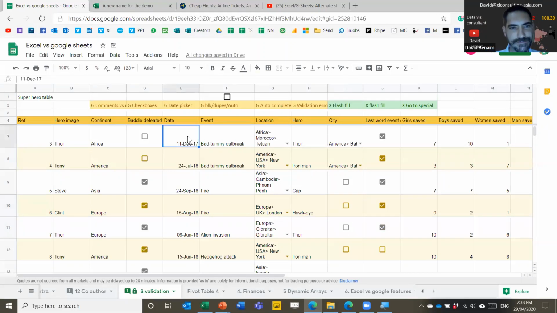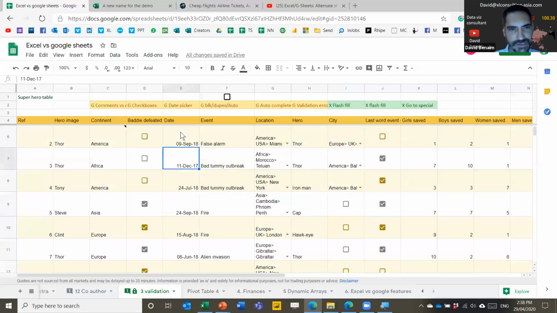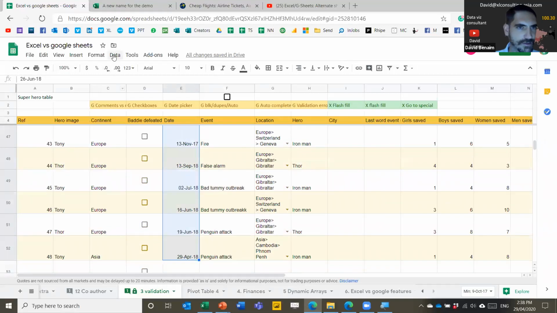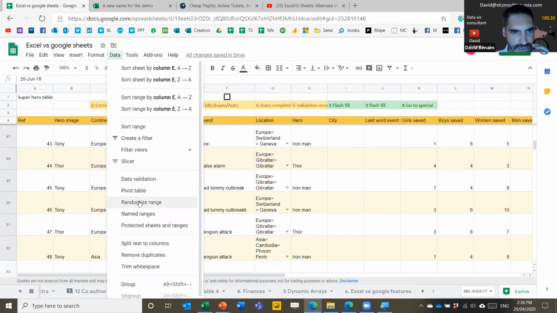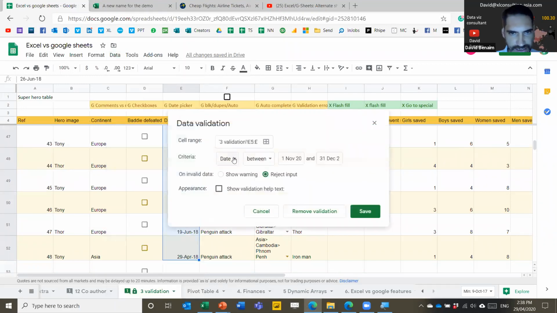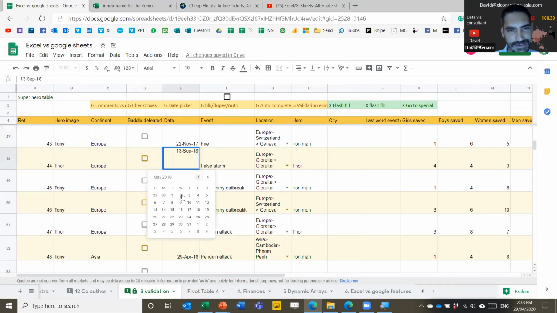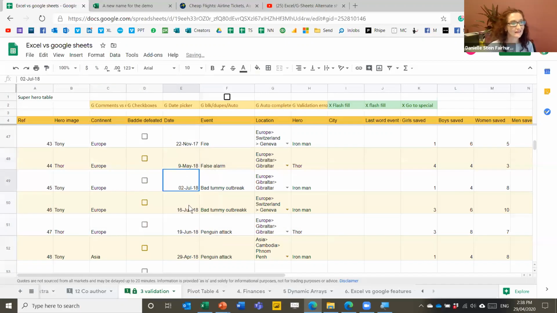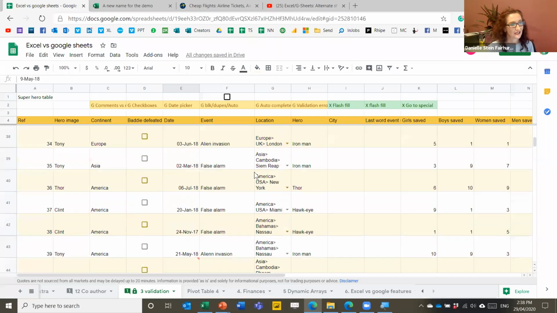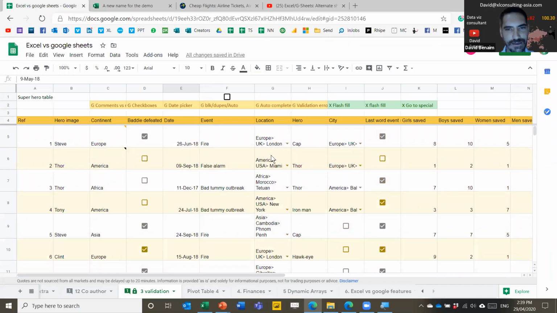Also, if you have a date, if you make data validation for dates, just to show you how to do that, select your column, go to data validation and say this is a date, choose your start and end parameter. You can also say reject input or show warning. I always do reject input. What's this? It's a date picker. I didn't have to do anything except set it to be a data validation as a date. Yay! That's so exciting. So all those are really, really good.